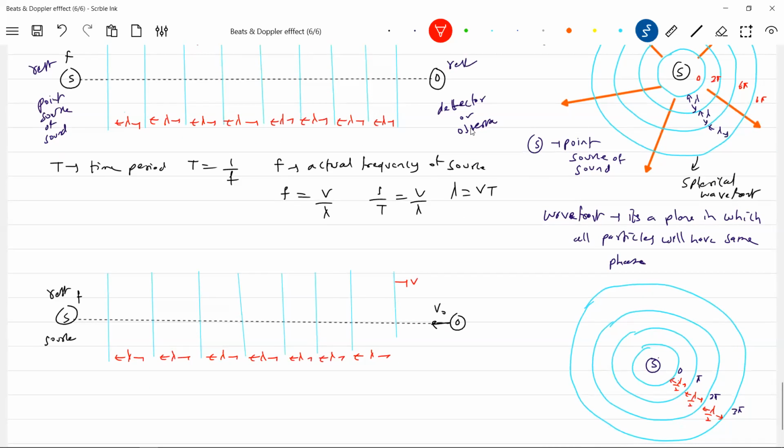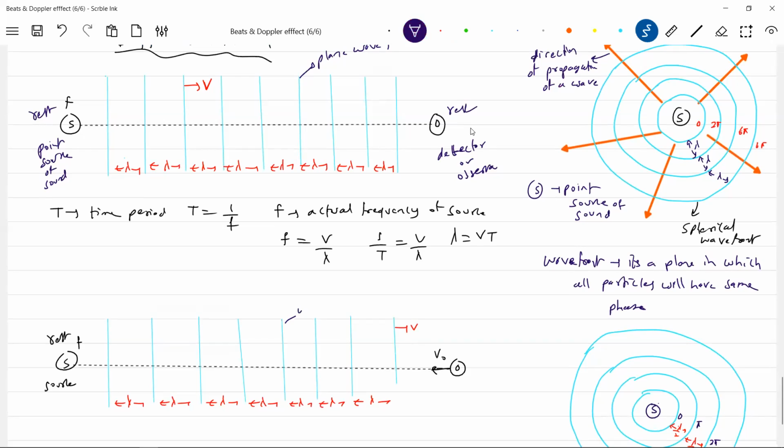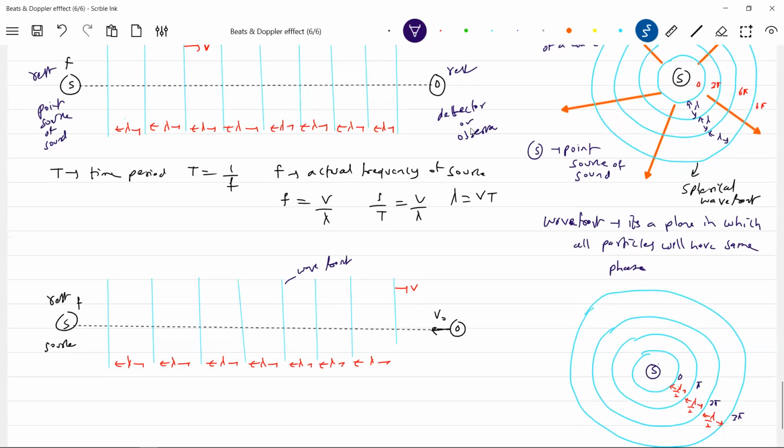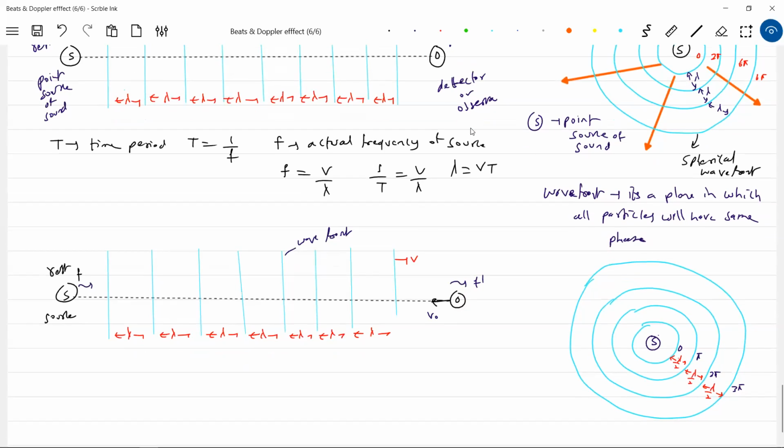So what are these? These are again the wavefronts. With the same speed they'll strike, or with a different speed? With a different speed they'll strike, no? Okay, now what happened? The signal was generated at frequency f, but it is heard at a different frequency. The reason is that the wavelength will not change, but the speed with which the observer receives the waves is going to change. So what is the frequency now? f dash is equal to v relative by lambda. So why are you not changing lambda?